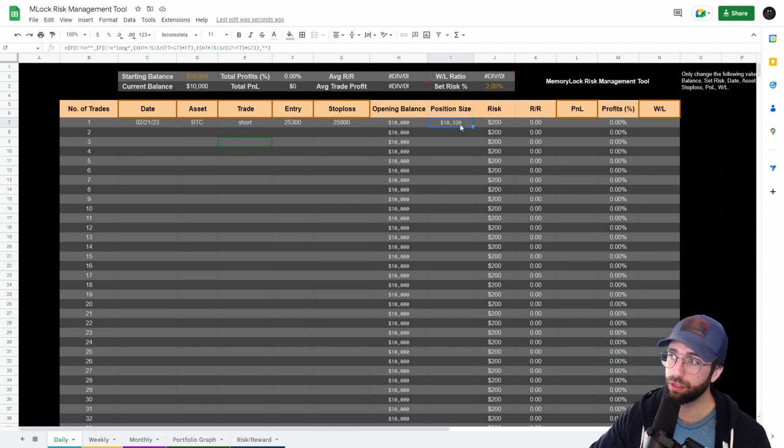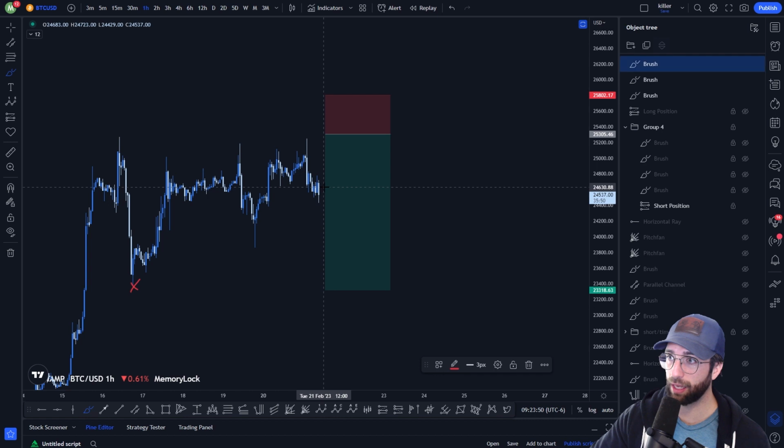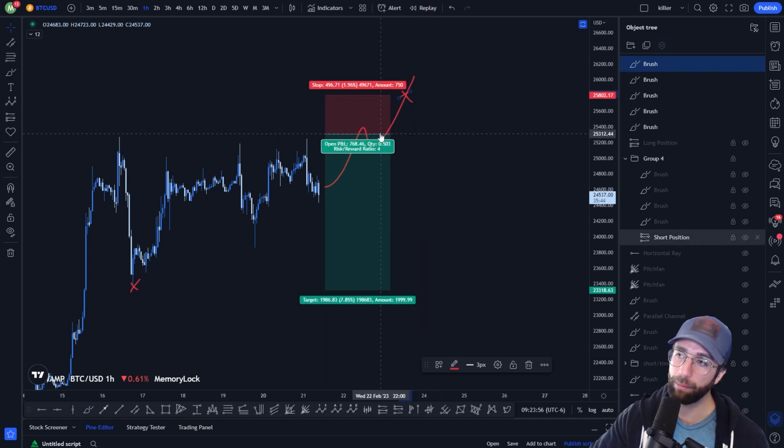Okay, so what does this mean? Well, you're risking 2% of your opening balance, which is 10,000, which means that risk amount is $200. So your position size being 10,320, that would mean if price were to go against your trade, you enter here and let's say this happens and you get stopped out, that means that you would only lose $200